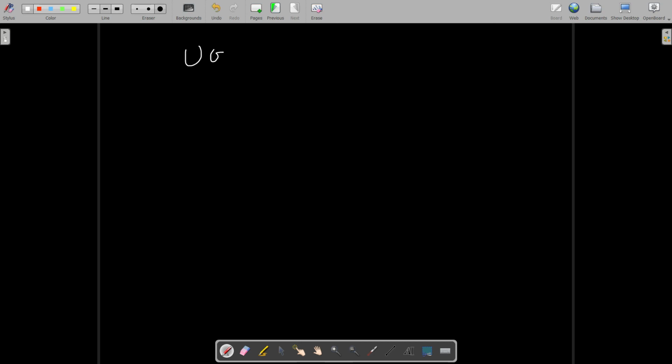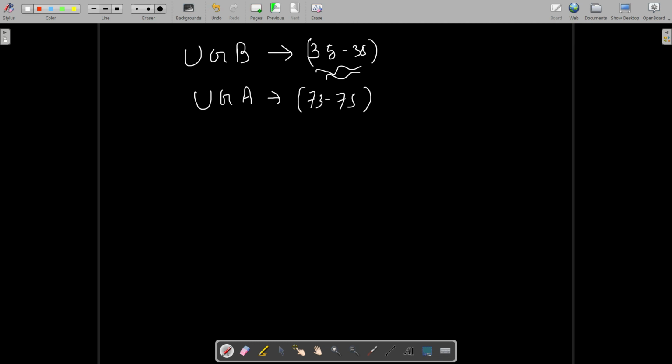So for UGB, I really think that the cutoff should be somewhere around 35 to 38 or 40. I do not think it should touch 40, so 35 to 38 is fine. And for UGA, every year it's always around 70 to 73. It never got above 73, so maybe this year 73 to 75 or something like that, because we know that there is no interview. So I don't think it should go higher than that. Even if it does, because it wasn't such an easy paper, it will be somewhere around 78 to 79 only. So that much only should do.